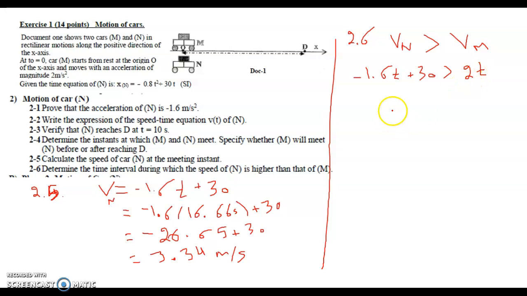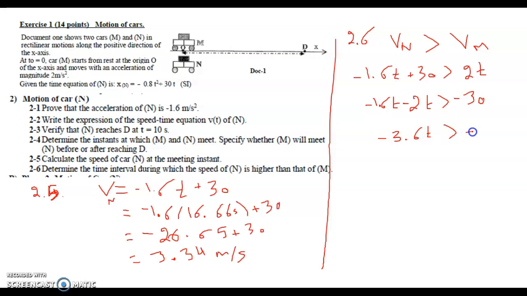Right? So we have minus 1.6 t. We get all the unknown on one side and all the known on the other side. So it's minus 2t greater than, moving the 30 to the other side, it becomes minus 30. So this is minus 3.6 t